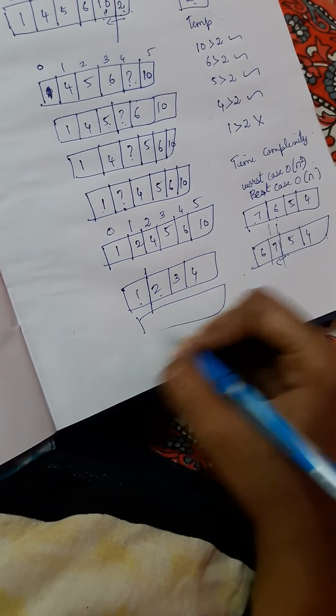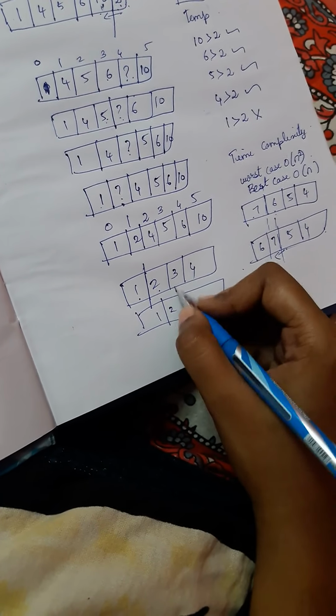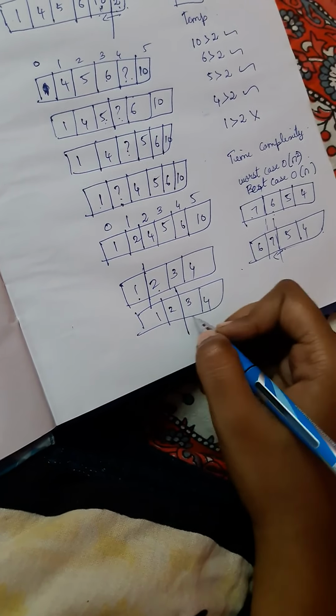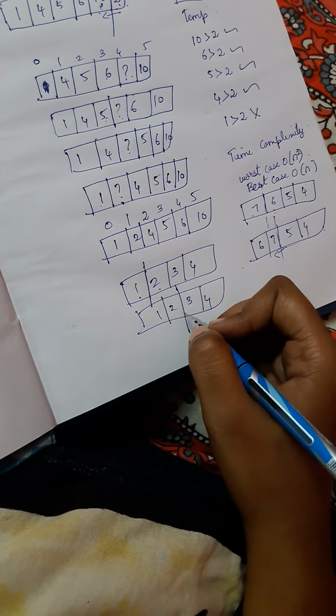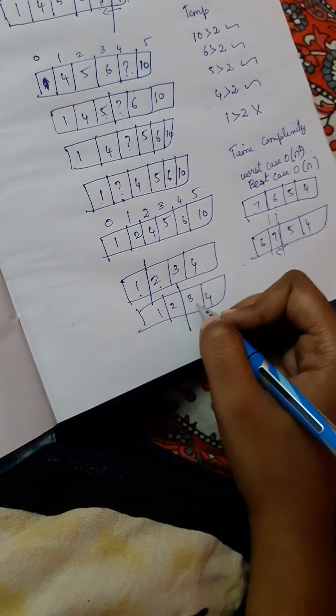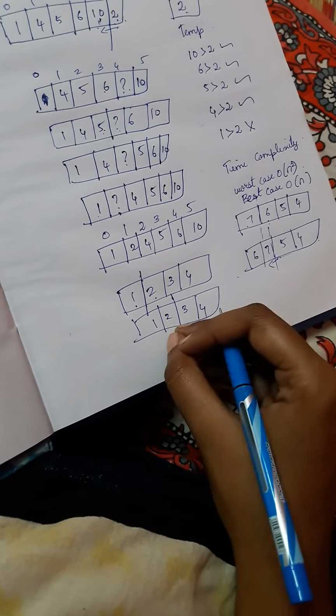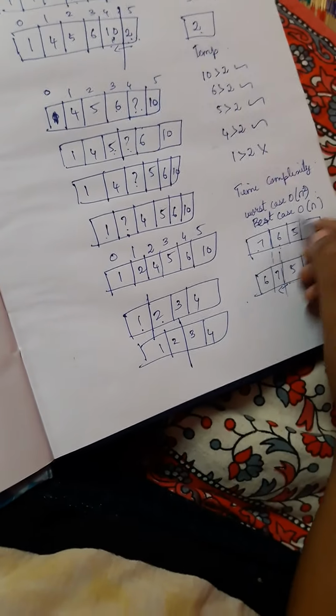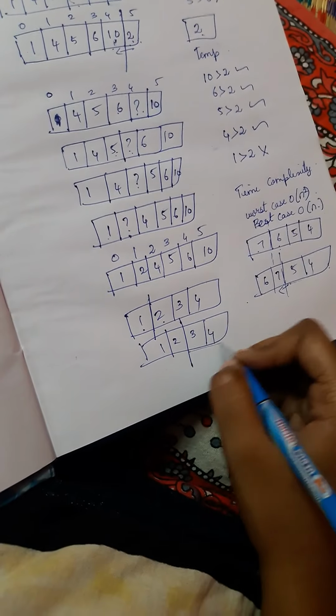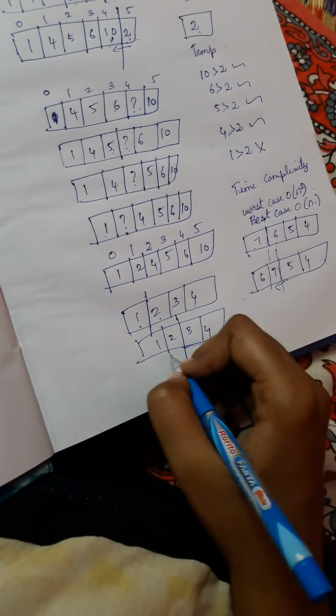Again, we compare the next pair. We need not compare all the elements, because at this condition itself it will fail, so we will insert the element automatically. So this condition is said to be O of n. Only n times are we going to compare this element with this.